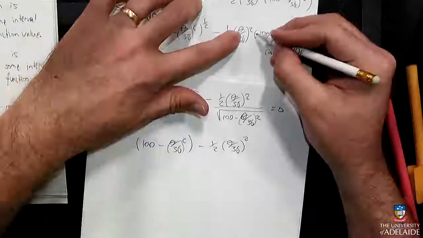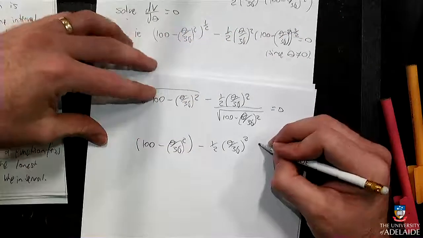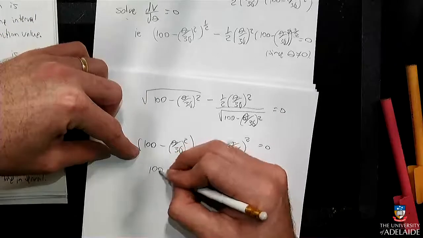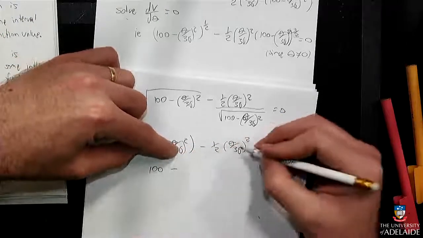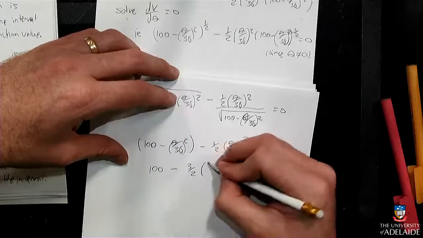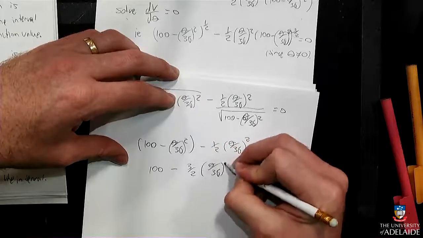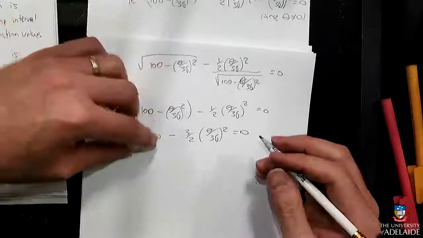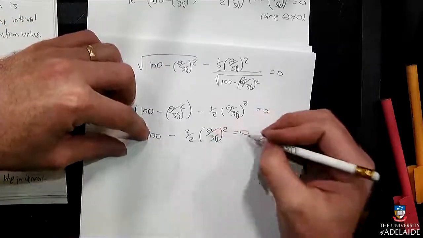That was a squared, wasn't it? Yep, okay. All right. So I have (100 minus theta on 36) squared minus half of theta, so that's 3 halves. Okay, that's good. Good, there's only one theta. We can solve that. If we move this 100 over there,